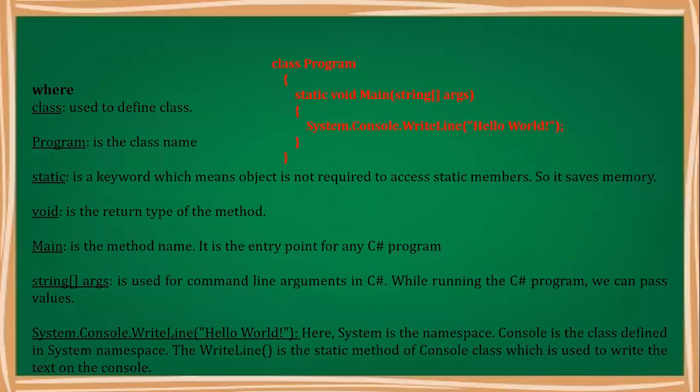Remember here, the M of Main is capital. In the bracket, we are passing the string array parameter. What was the use of string array parameter inside the Main method? If you want to pass an argument to the Main method, we can pass it by running the program on the command line. So arguments also we can pass through the command line. I will show you that example later on, how to pass that string args parameter.